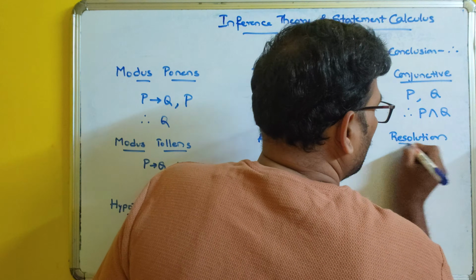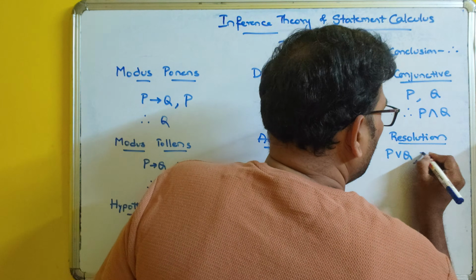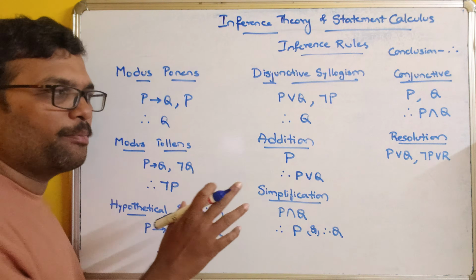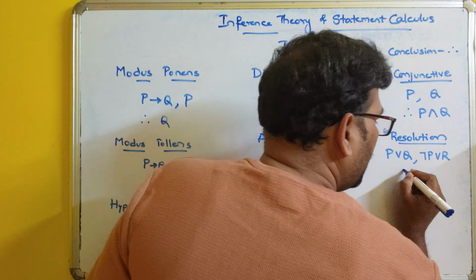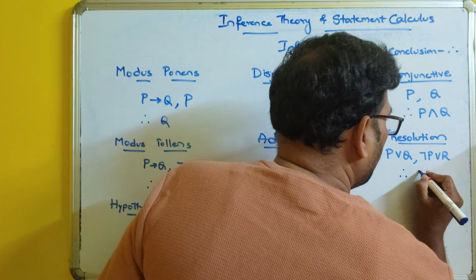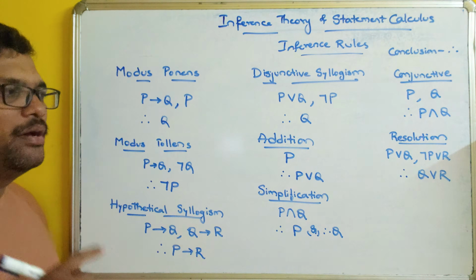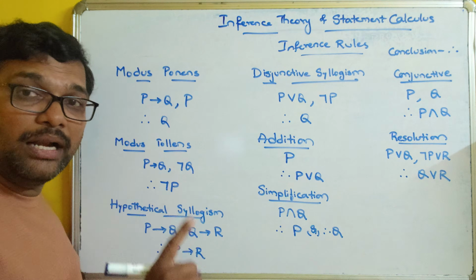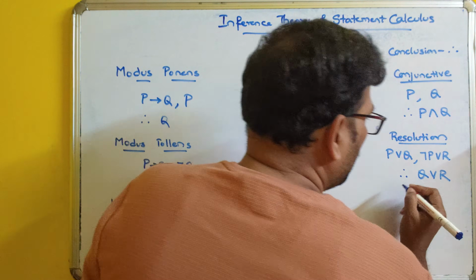So if the premises are in this format P or Q, comma negation P or R, then the conclusion will be Q or R. P or Q, comma negation P or R, the conclusion will be Q or R. And the next one,